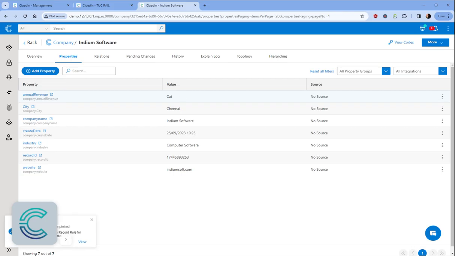This is just some of the ways that you can use the Copilot to fast track the data management process in